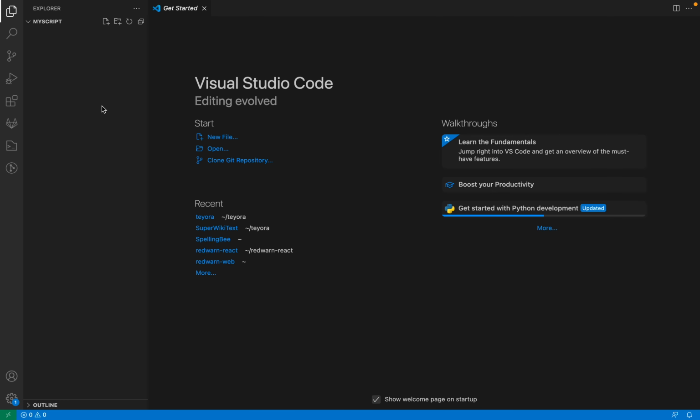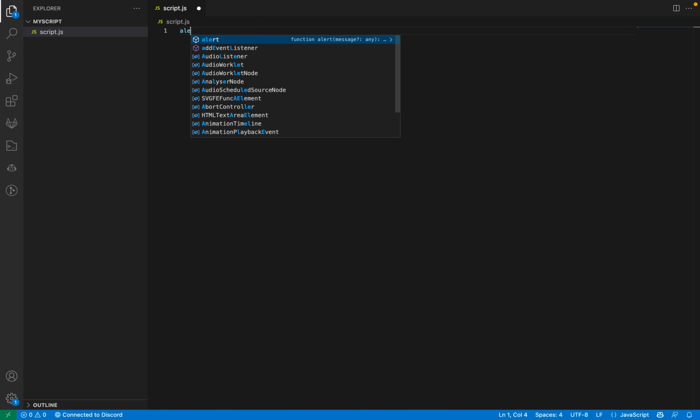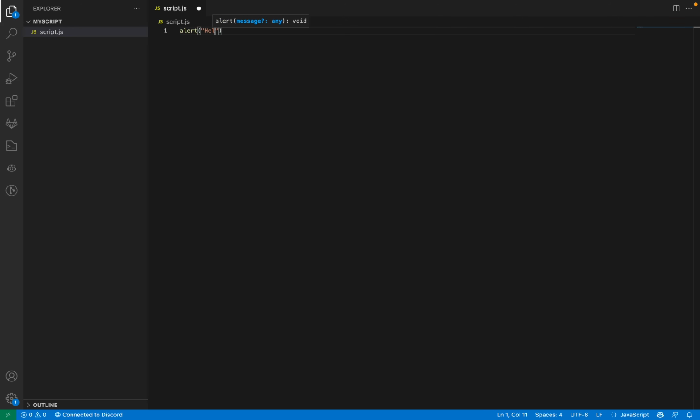Trust the authors. And then on your left side here you have your files, so I'm going to create my script and call it script.js, and this will be our user script. So I will put in some placeholder code here, so I'll say hello,